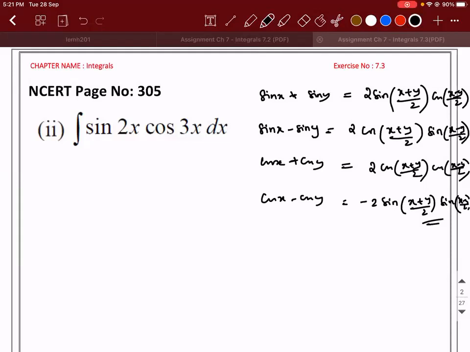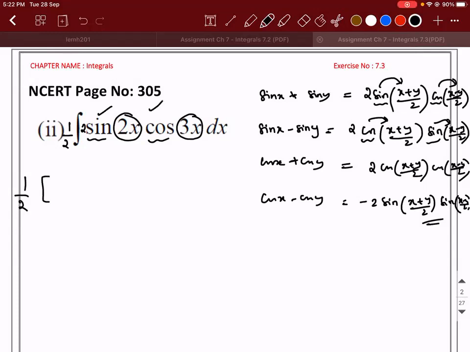Okay. So once you're done with this, tell me, where do you have a combination of sine and cos on the right hand side? First two formulas. In the first formula, if you see, sine is having a greater value compared to cos, because x plus y is definitely greater than x minus y. Whereas in the second case, cos is having a bigger value compared to sine. So what you need to do is, you need to multiply and divide with 2 in the first place. Half of this 2 sine of this thing is there, right?